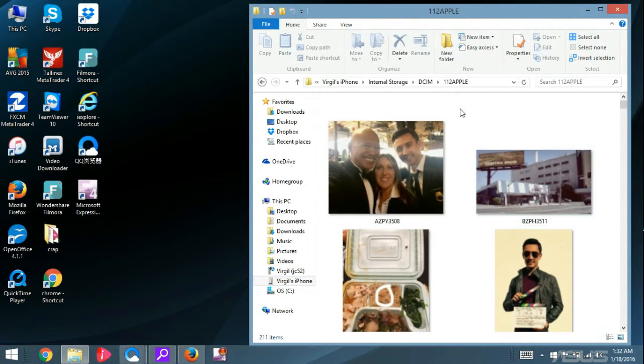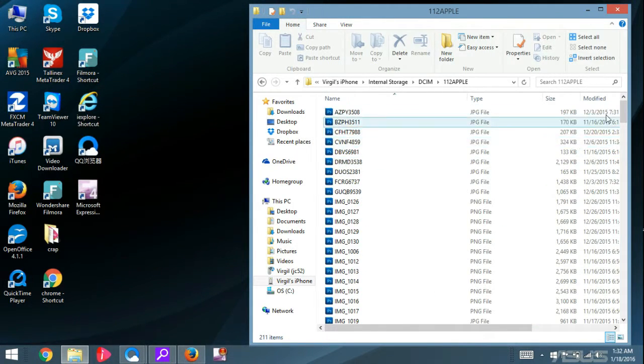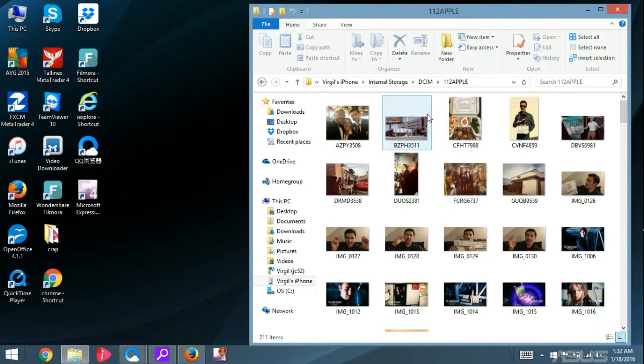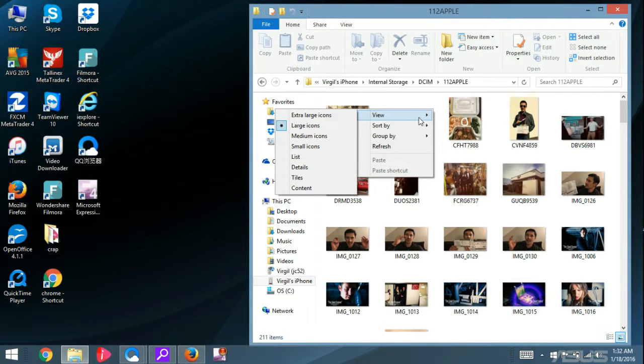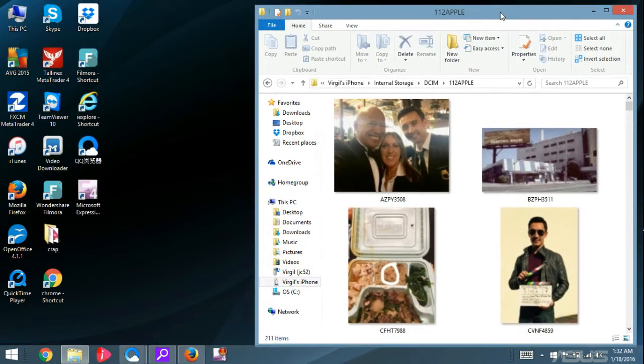Now if I right click, I can adjust the size. If I right click, go to View, and go to Details, I can see all the details, the size of files and everything from here. Or I can right click, go to View, and choose small icons, medium icons, large icons, just like that. Let me go ahead and go to extra large icons. This right here is my iPhone. Let's say I want to transfer these photos